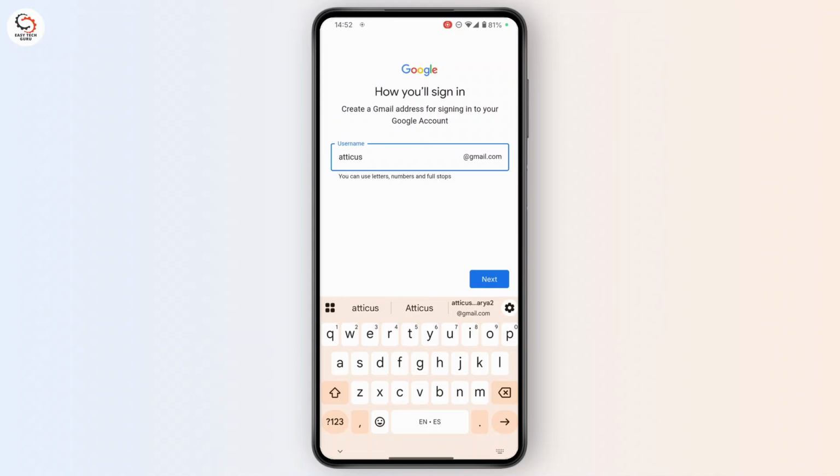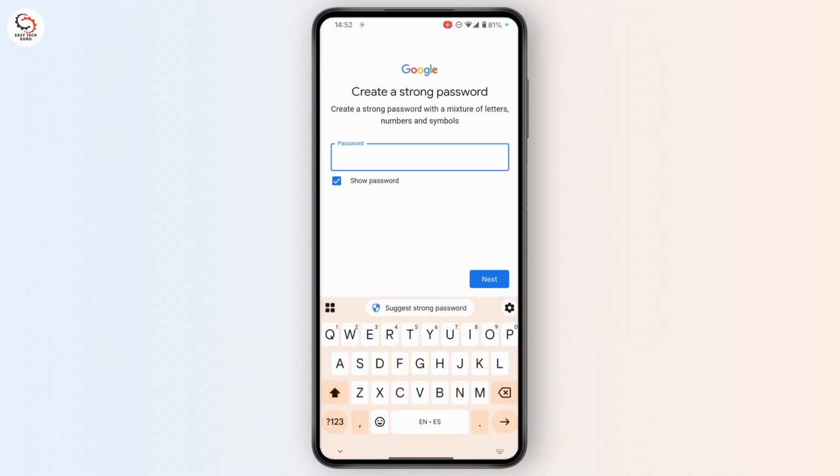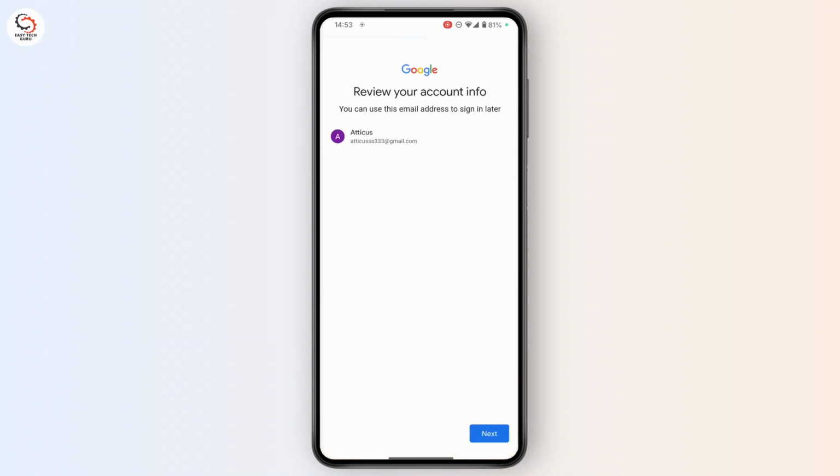So type in an address, tap on Next, and if you don't know what to create, you can just type in your name and then tap on Next and they will give you a recommendation on what you can keep. After an address is accepted, you'll then need to create a password. So create a new password. It will prompt you. You can review your account info, then tap on Next again